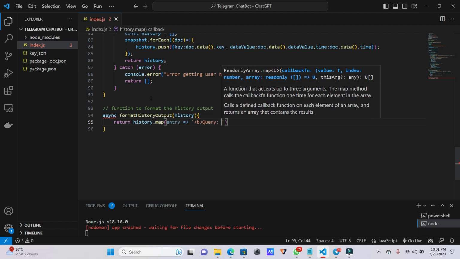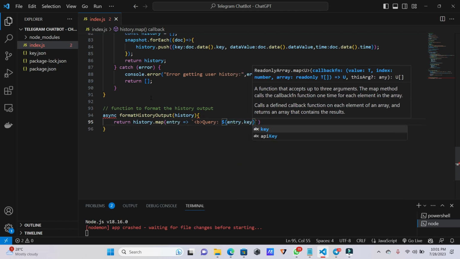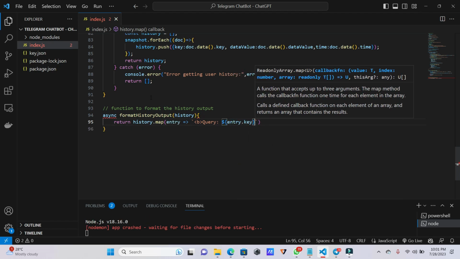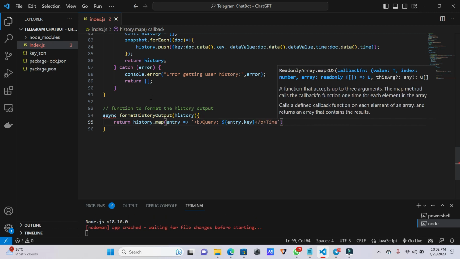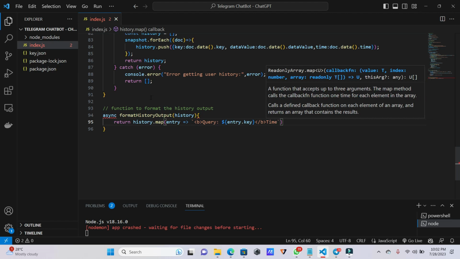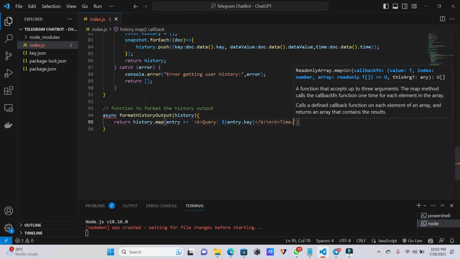I am using the format as query. Here we need to enter the query entered by the user, so entry dot key, and next is the time. Here we need to enter the time at which that was inserted, so this will be obtained by entry dot time,